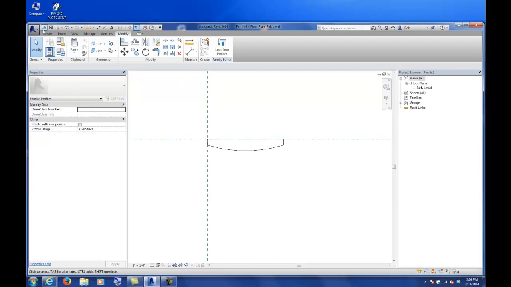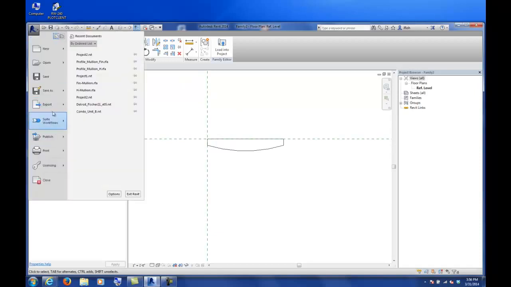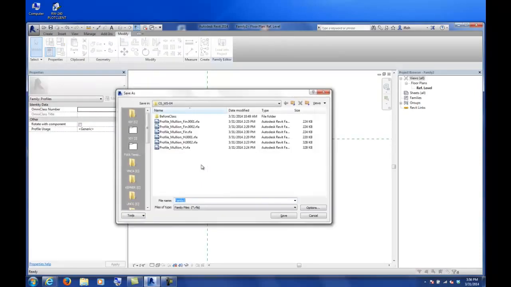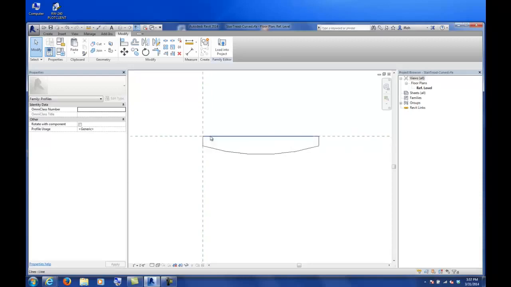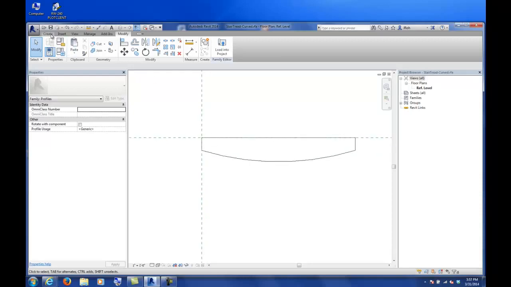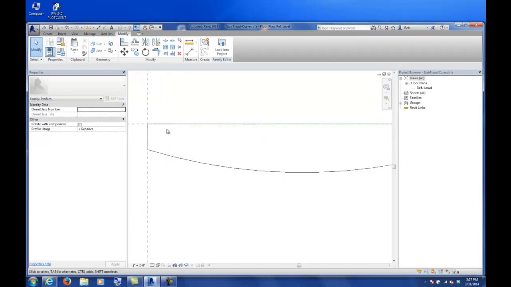I'm going to go ahead and do a file save as, and let's call this stair tread curved for now. Now I'll just keep it like that. I'm not going to worry about nosings and all these other things yet because with my stair tread I'm going to round all these corners anyway, and we'll use the stair tread as